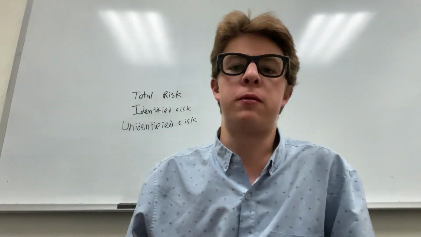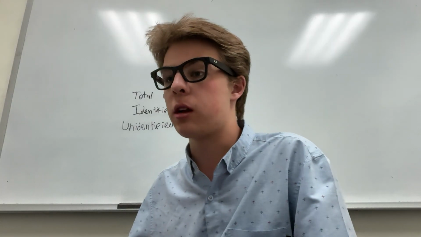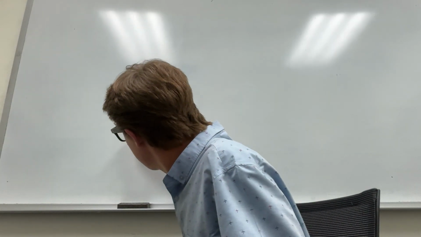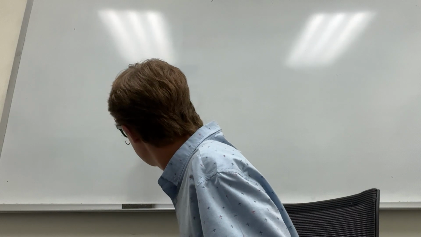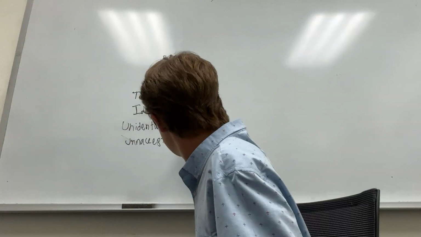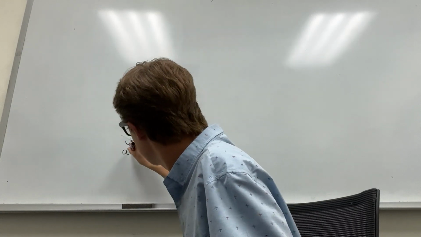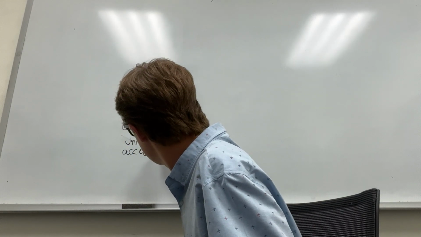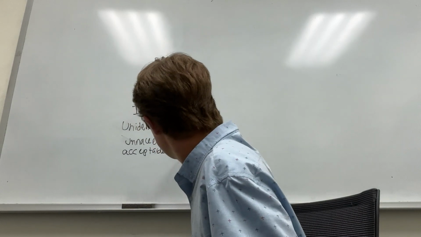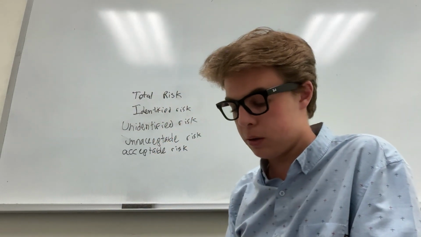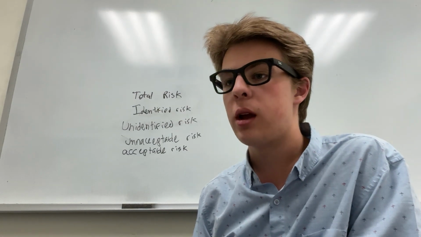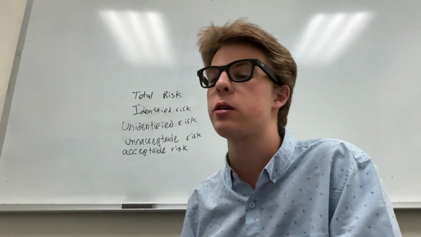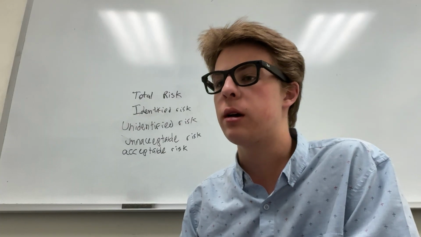And then we have 2 types of acceptability levels for risk, unacceptable and acceptable. It's as it sounds, right? Unacceptable risk is risk that is non-beneficial and should be eliminated. And acceptable risk is risk that we allow to happen. Every flight has acceptable risk that we choose to make a go decision on. Unacceptable risk,